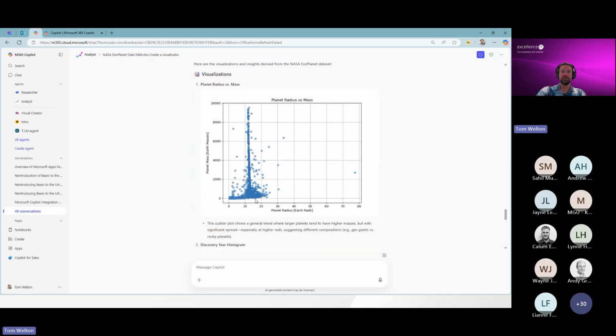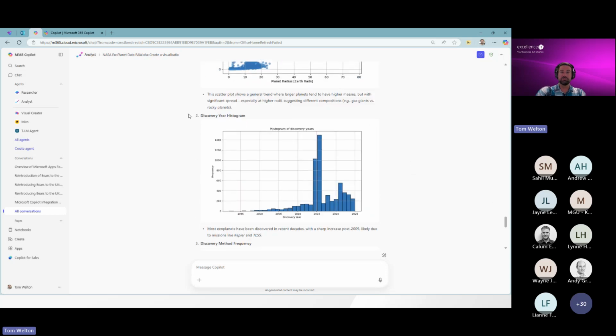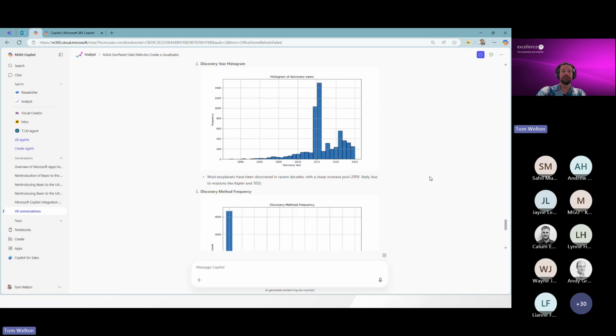And so now I've got quite literally something worthy of a PhD or at least a graduate student in astronomy, putting together a radius versus mass of these exoplanets and the correlating factors there, or maybe the years of discovery. So it looks like between 2013 and 2016 was a bonanza of discovery for us, these exoplanets, and that, in a good way, we're trending towards finding more and more of these out there beyond the solar system.